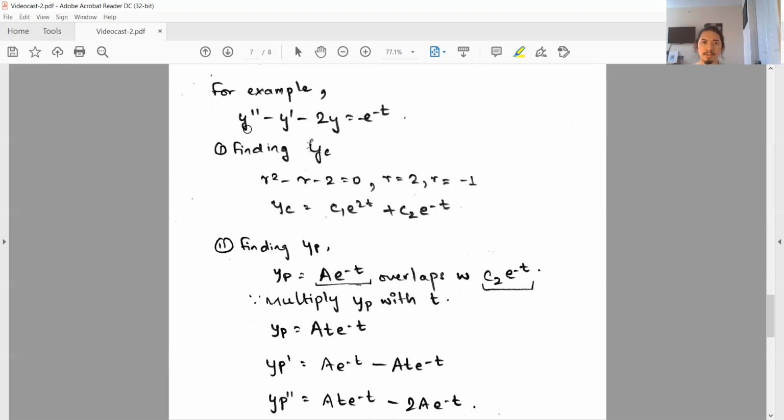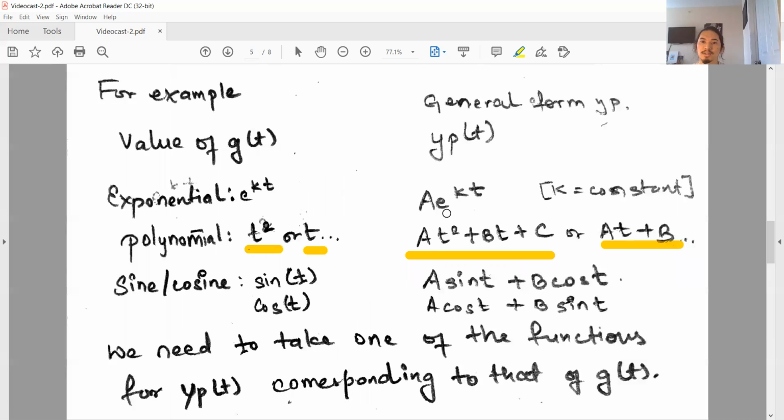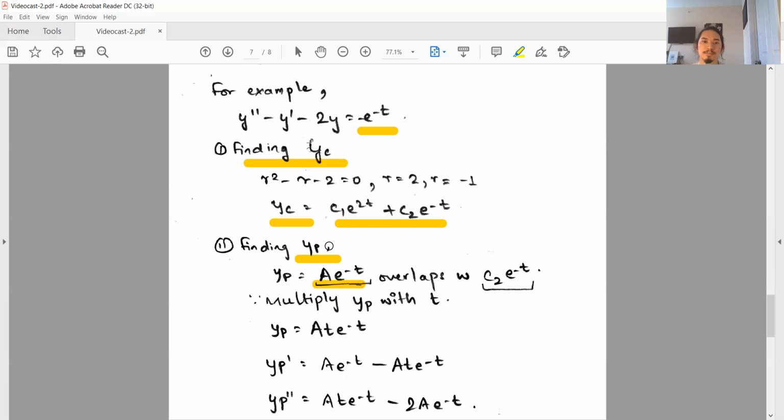This one right here is y double prime minus y prime minus 2y equals negative e to the power t. Here, the first step, finding yc, we solve the homogeneous equation. That means we set this equal to 0 and find the roots, and we get yc as this value right here. The second step is finding yp. Since the right side is only negative e to the power t, the general form is a e to the power kt. But if we take yp equals a e to the power kt, that is negative t, this one is just as this one right here,